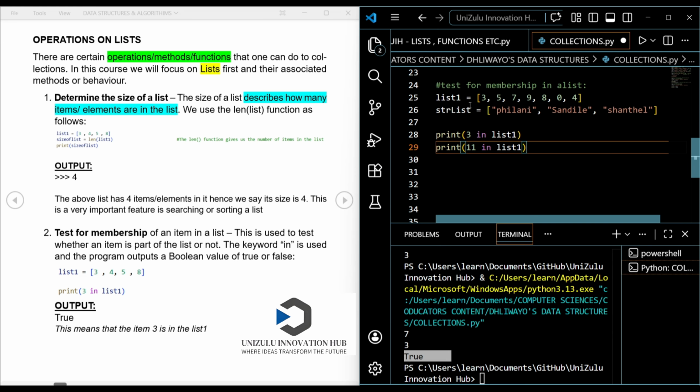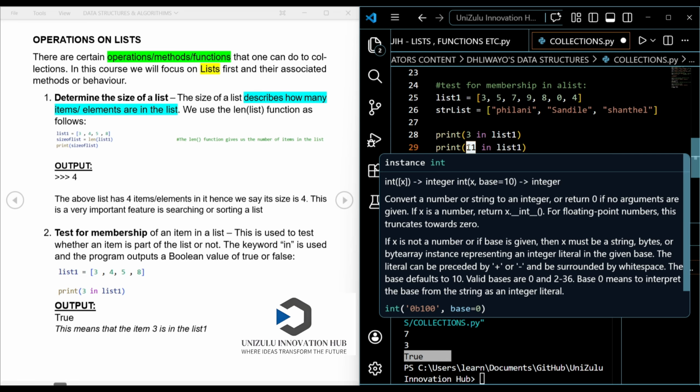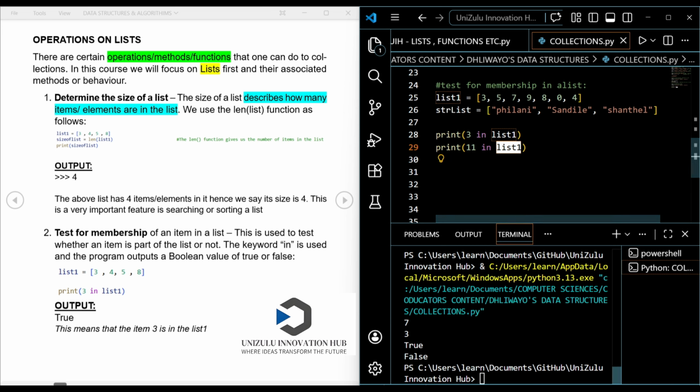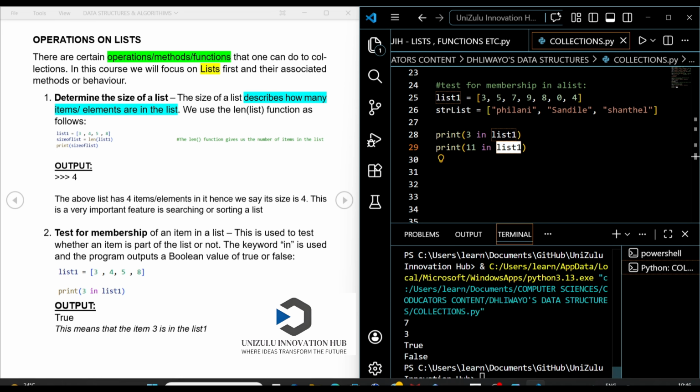You can see that clearly list 1 does not have the integer item 11 in it. If I say print 11 in list 1, it is a false Boolean expression. It's going to give me false here in the console.